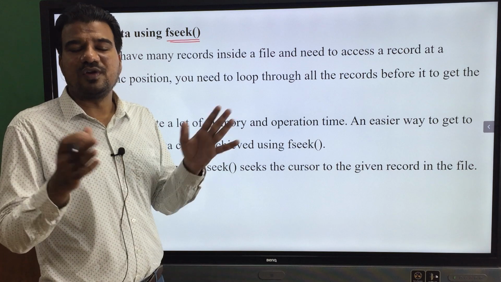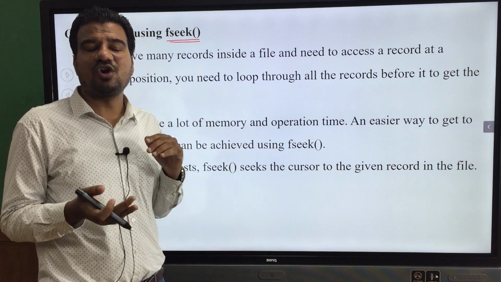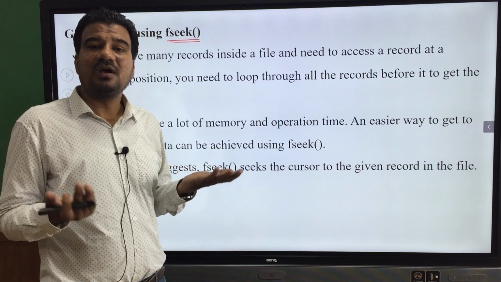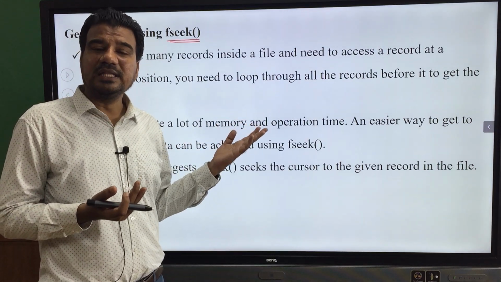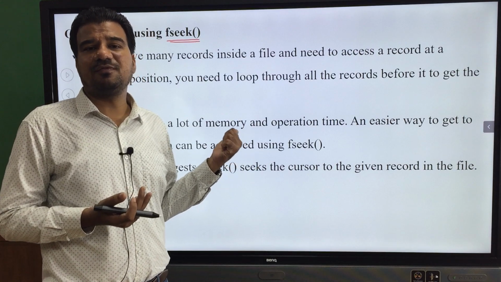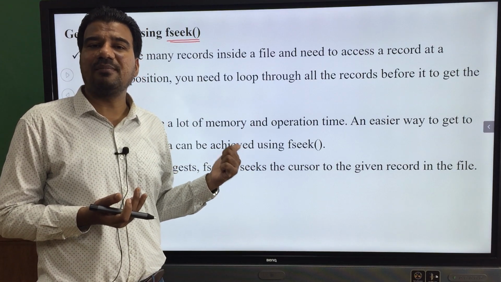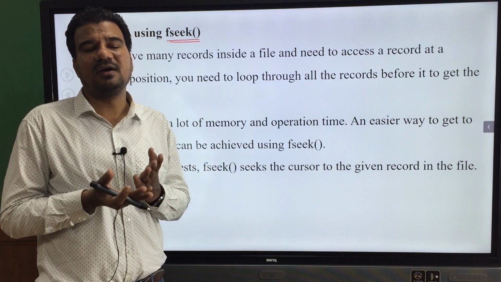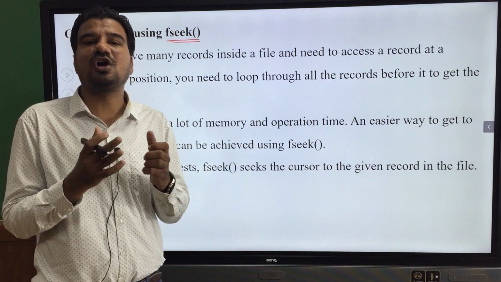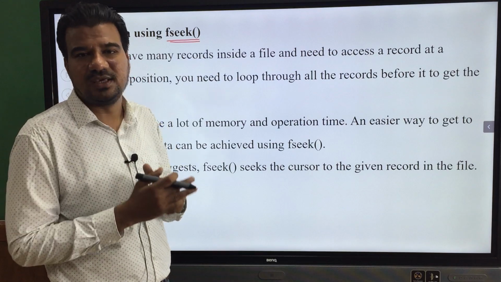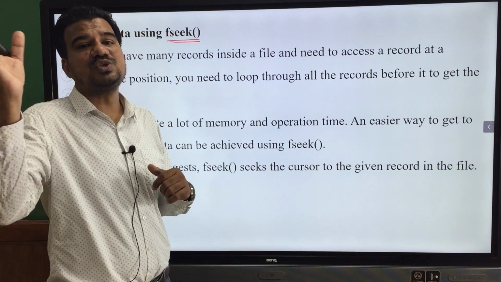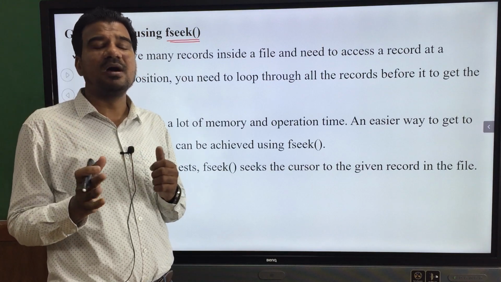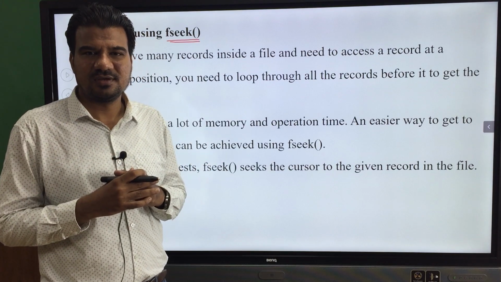Of course, when you are opening the file in the GUI environment, you can see the cursor. But in this application file handling, when you are writing a program to handle the file, the file will not be opened physically, isn't it? The file will not be opened graphically so that you can see. The file will be opened virtually. The file will be opened and it will exist inside the RAM, but we can't see it, isn't it?